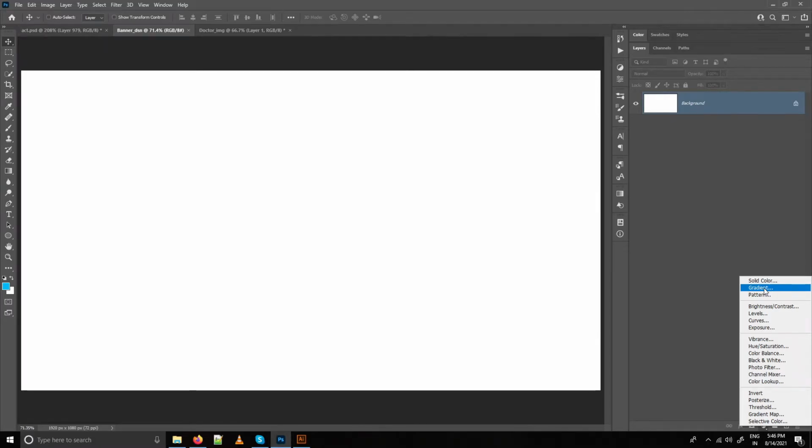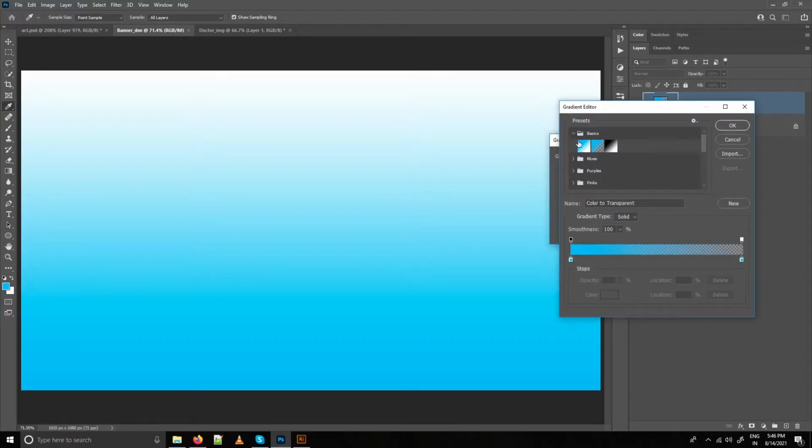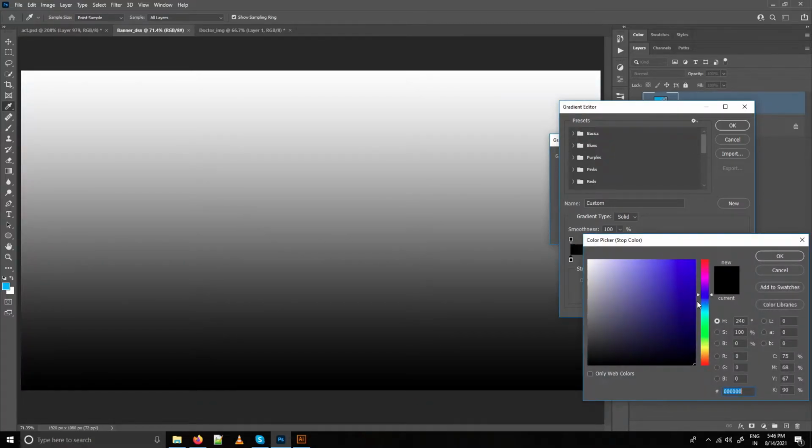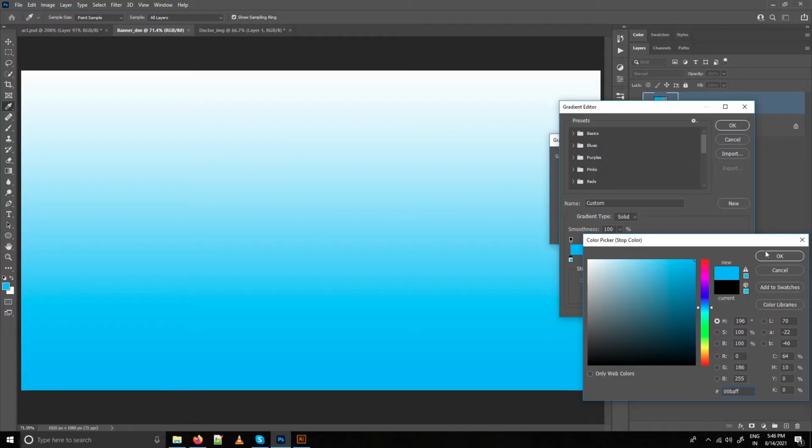Select gradient adjustment. Select any color as a base color. And with the help of color stop, change the color. You can copy this hex code to match the colors which I am using here.